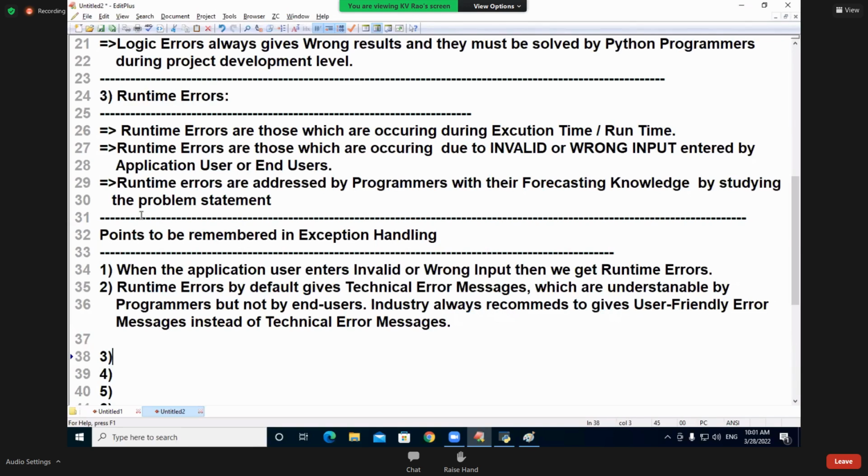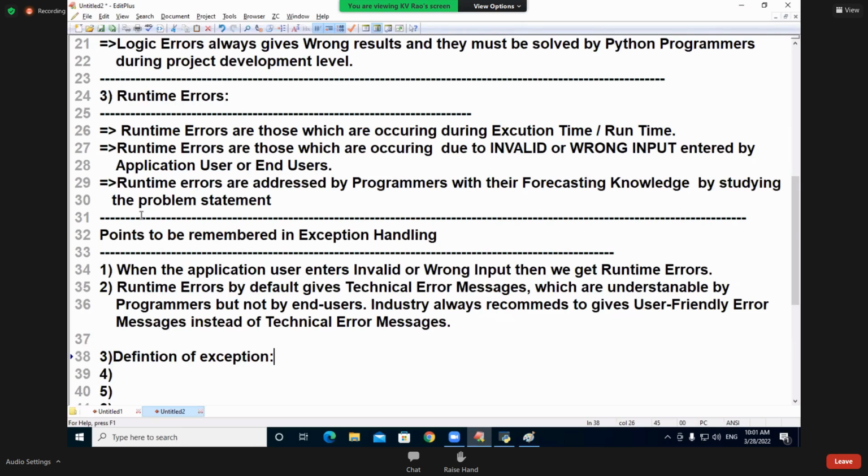Well, now I'm going to give you the next point, the definition of exception. Look at that. First time you are looking at this meaning. Definition of what? Exception. Always look into two different words: exception and exception handling. It is not one word. Exception is different, exception handling is different.